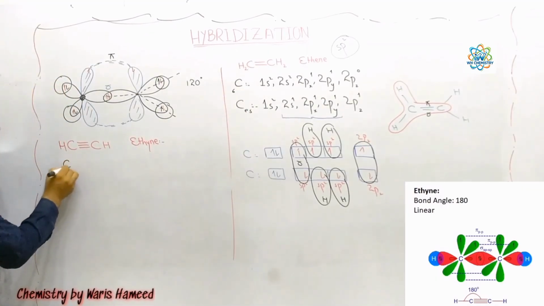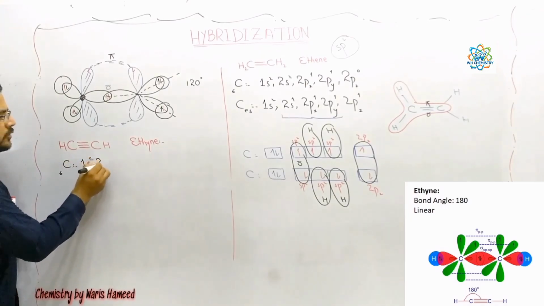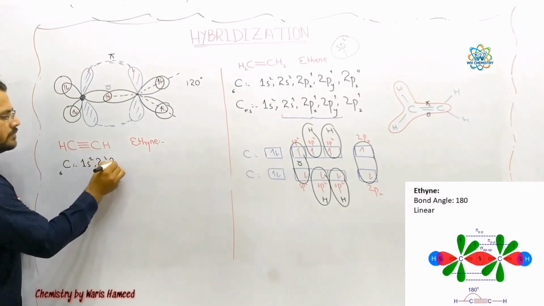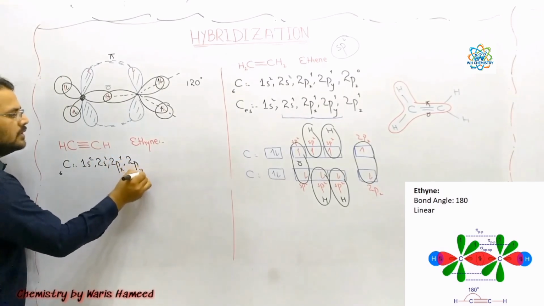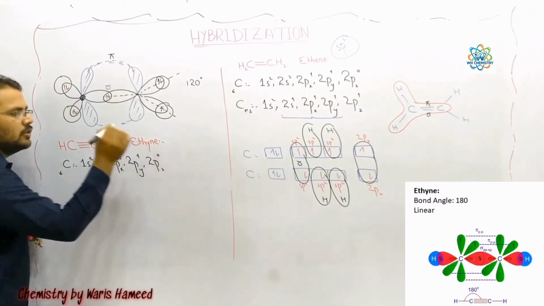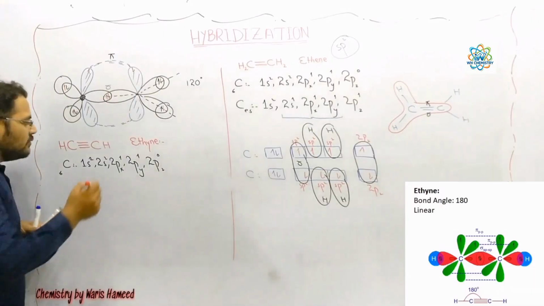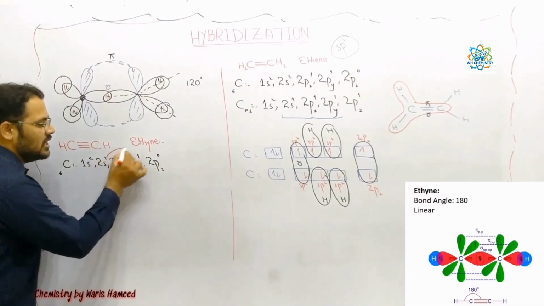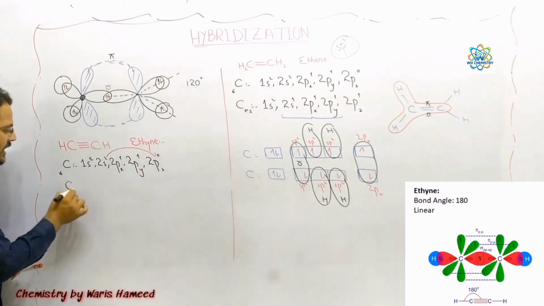Electronic configuration in ground state: 1s2, 2s2, 2px1, 2py1, 2pz0. And in excited state, we know that one electron from 2s will jump toward 2pz, and its excited state will be